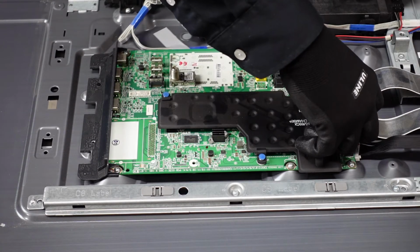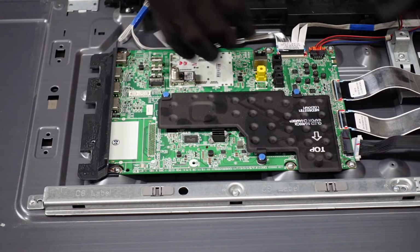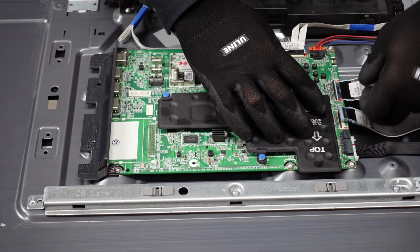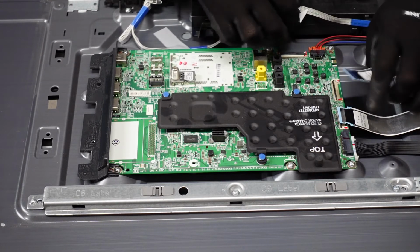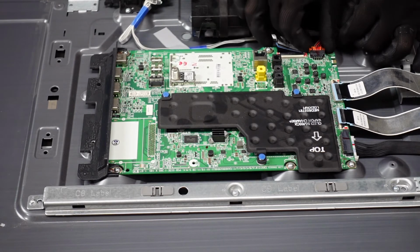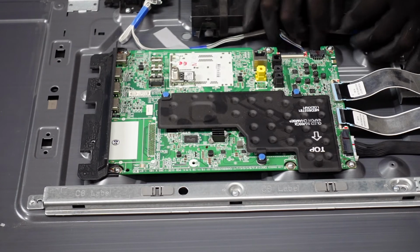This one right here, we're going to pop it up with our fingernail. We're going to do this guy too. And then what we want to do is slowly walk these ribbon cables out and away from the main board. They are pretty delicate. We do want to be careful with those, that we don't cause any damage to those ribbon cable connections. This guy is going to be the same style as this one. We're just going to want to pinch down on the two sides, slowly walk it out away from the main